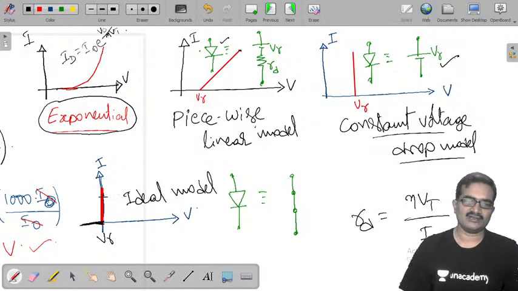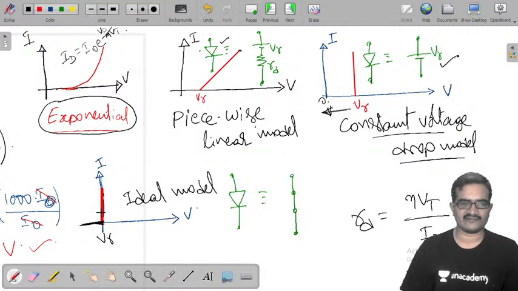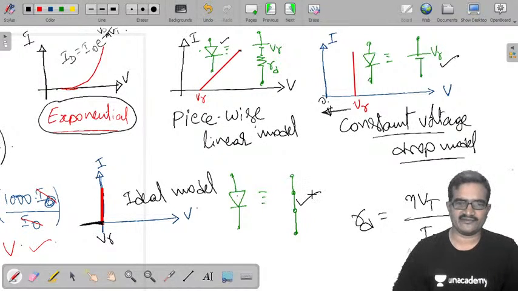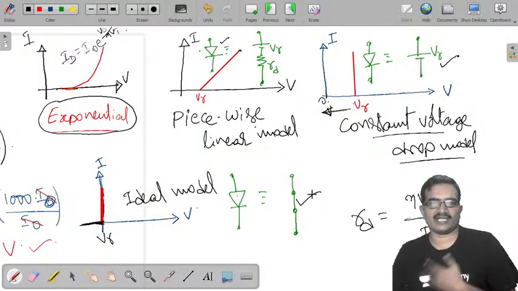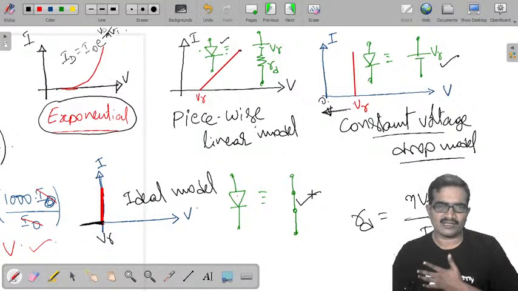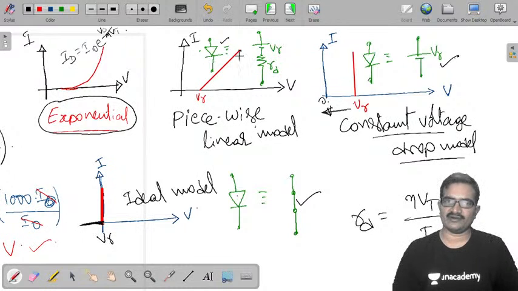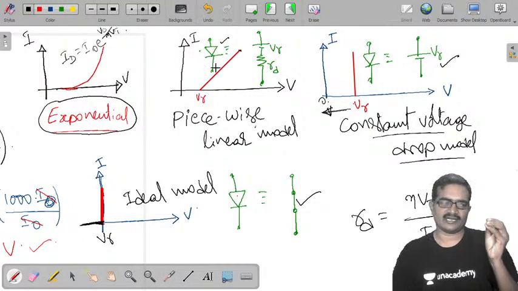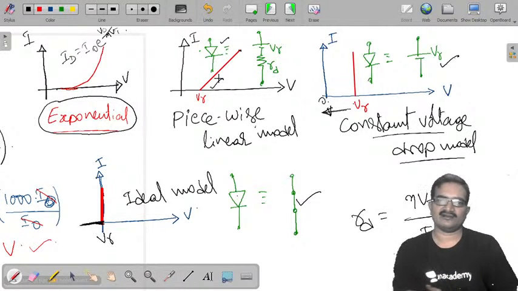And another one is ideal model. In ideal model, whatever the ID we have, I am moving this ID this side. V gamma, I am moving into this side. Now this is the plot result. Now in this, your diode is simply a short circuit when it is in forward bias. Okay, so that is called ideal model. So like this, your diode can be modeled in different ways. These are the equivalent circuits, equivalent ways of representing your diode in different models. And your diode model is not only represented by plot, by using equation also you can represent that. About those things we will discuss in later classes.